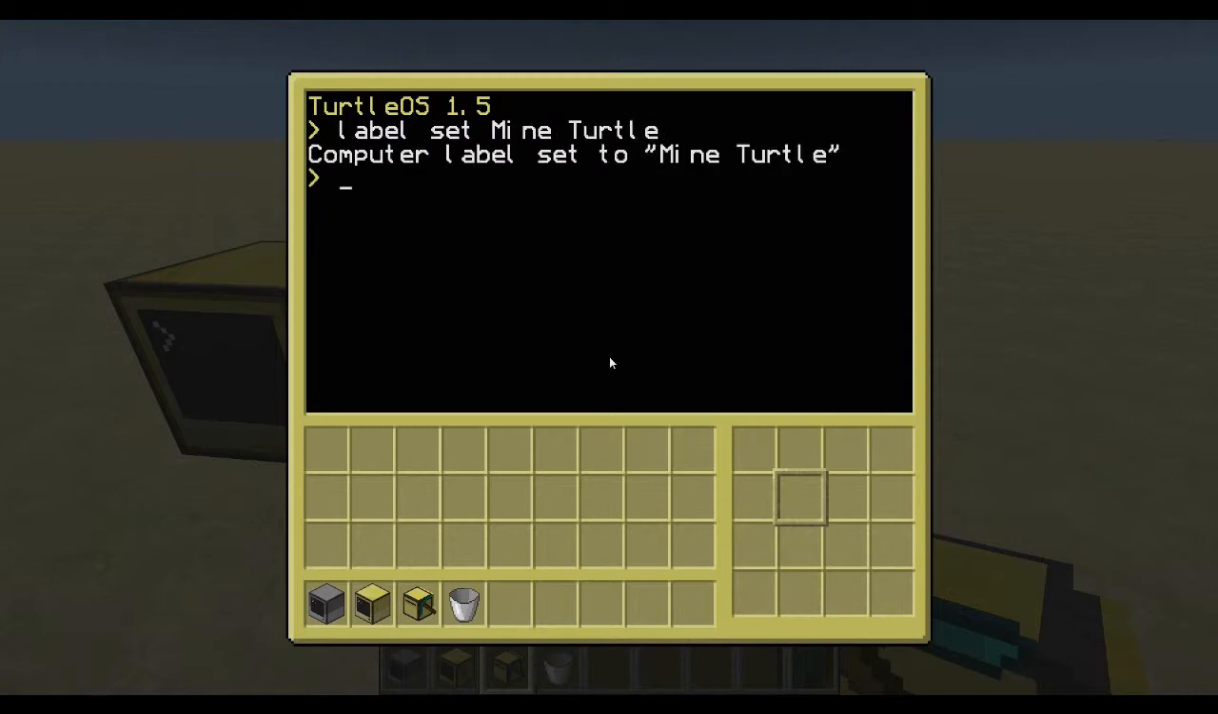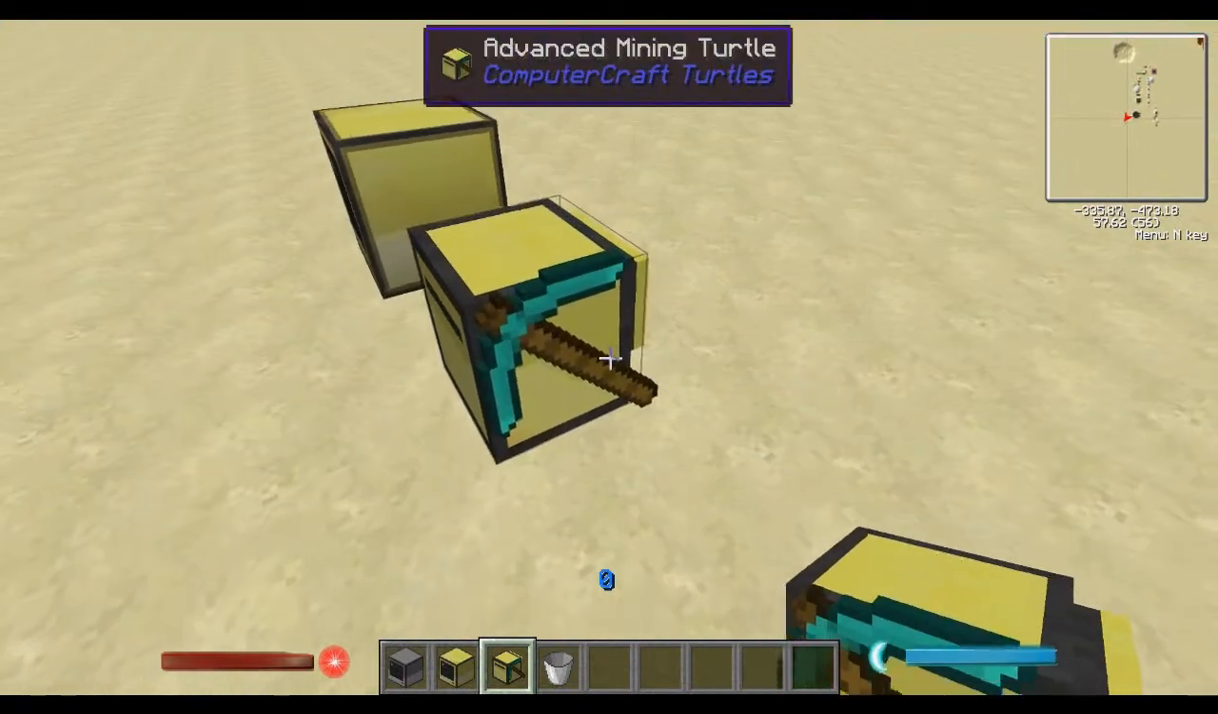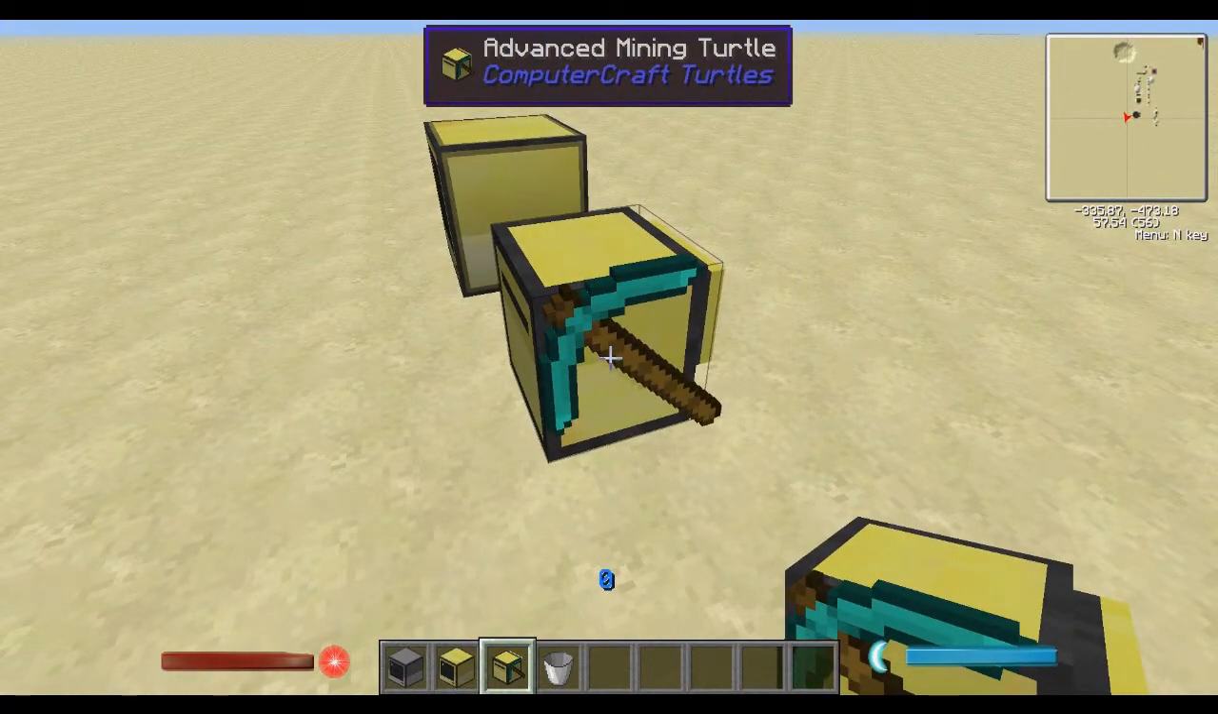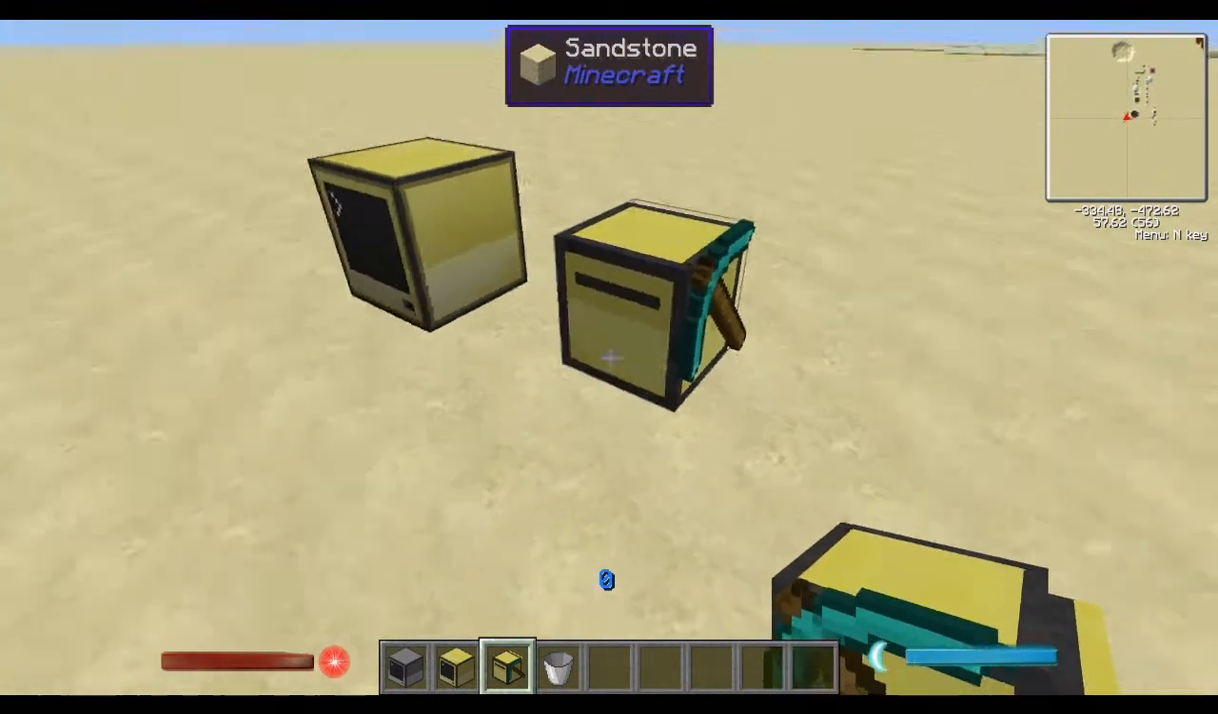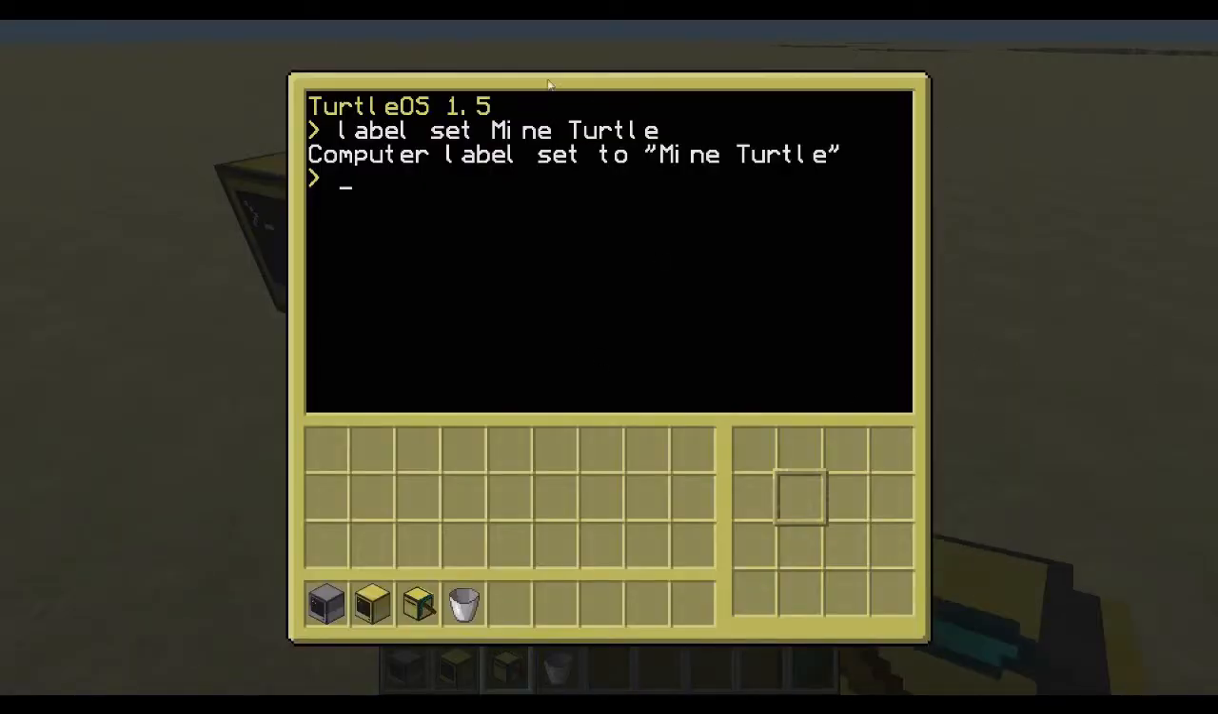Mine turtle. Alright. Now he's mine turtle, because he mines with his pickaxe. Because he's a mining turtle. Mine turtle. Now,